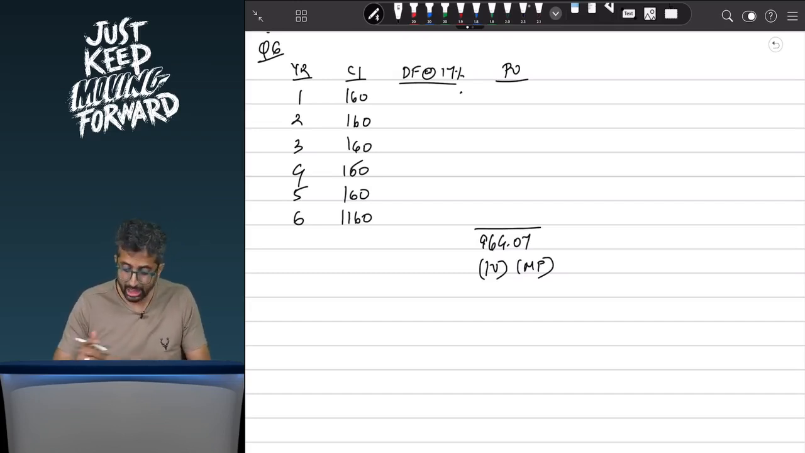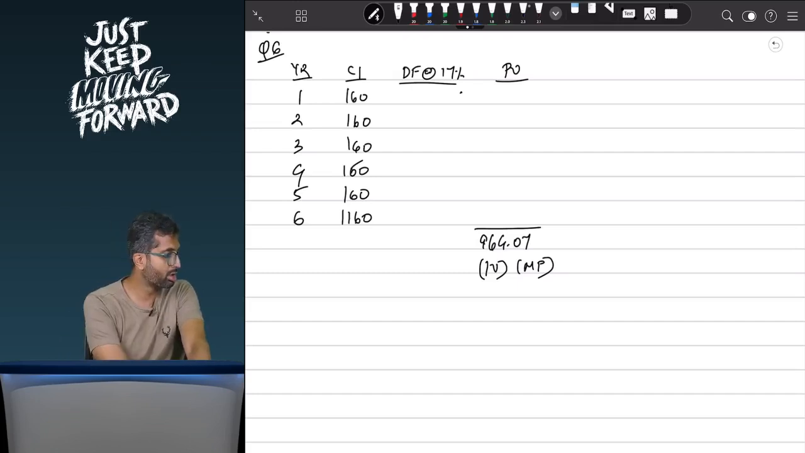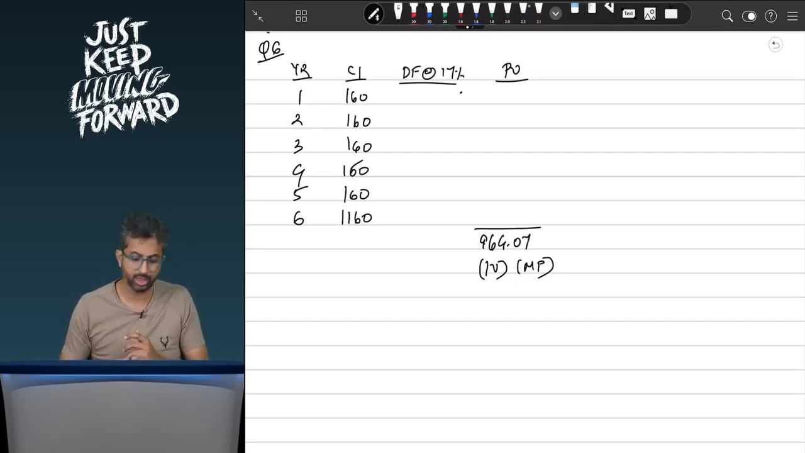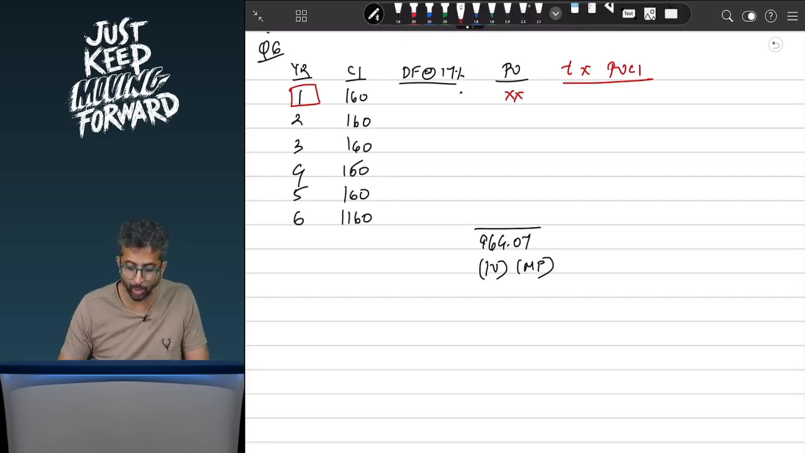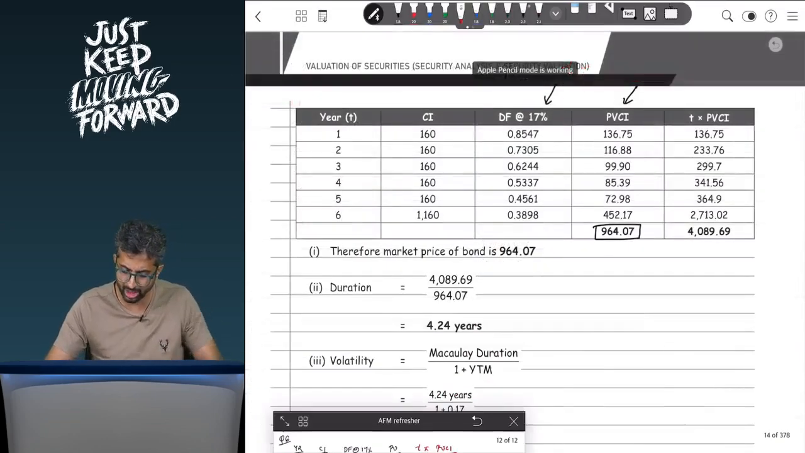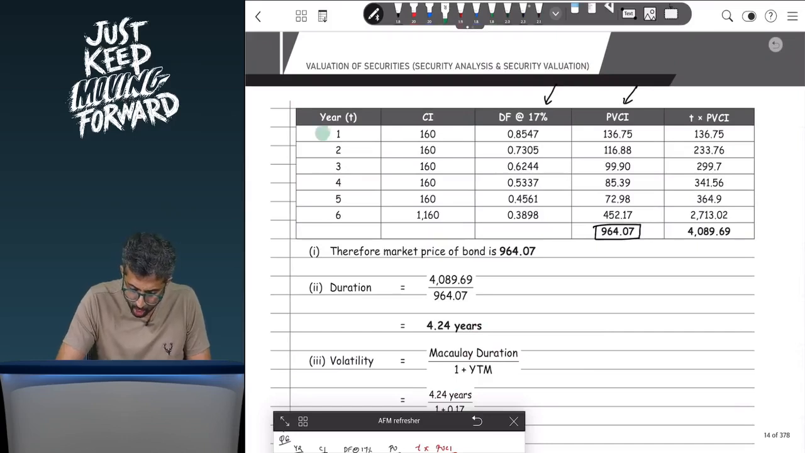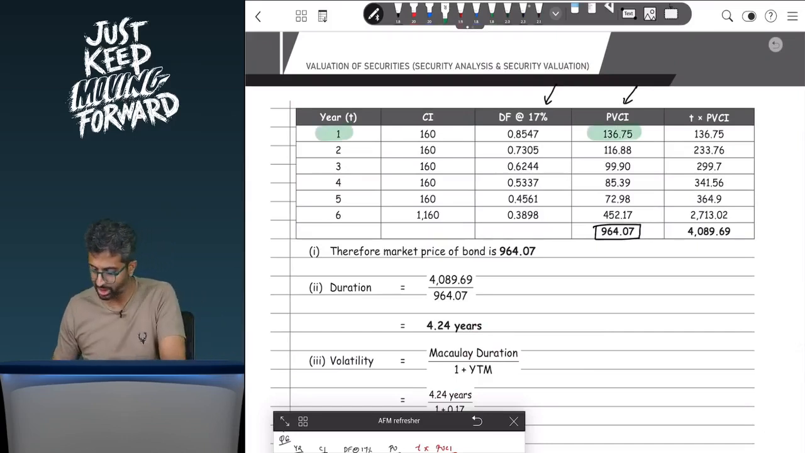Okay. Now, you want to calculate duration. What additionally do you need to do? Well, we need to prepare a column of T into PVCI. So you will multiply T, that is the year, into the PVCI number, T into PVCI, and you keep on totaling it. So over here, if I look at the data, let us say the T is 1 and PVCI is 136. So if I take your calculators, practice this with me please, 136.75 M plus,